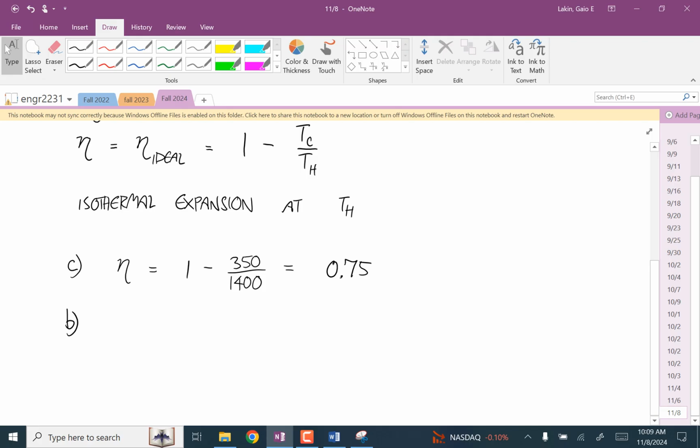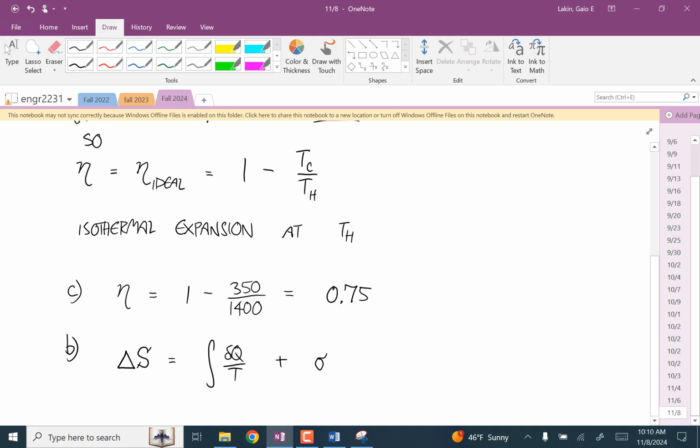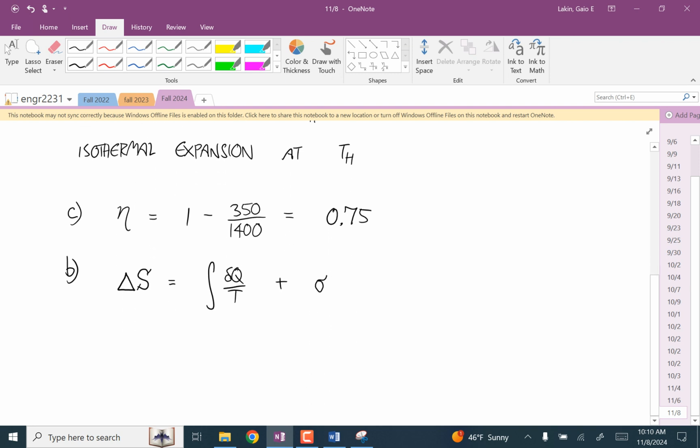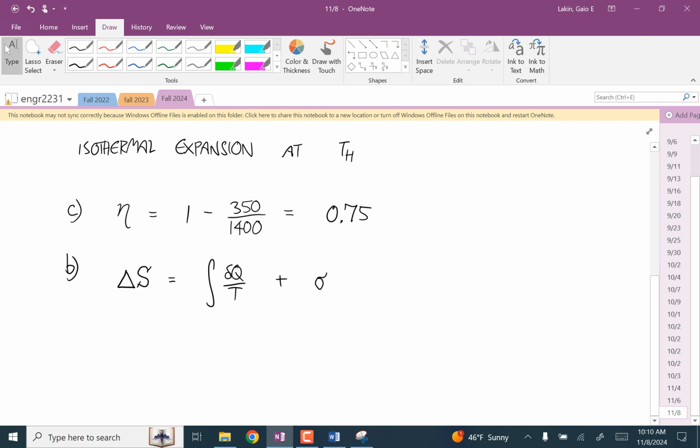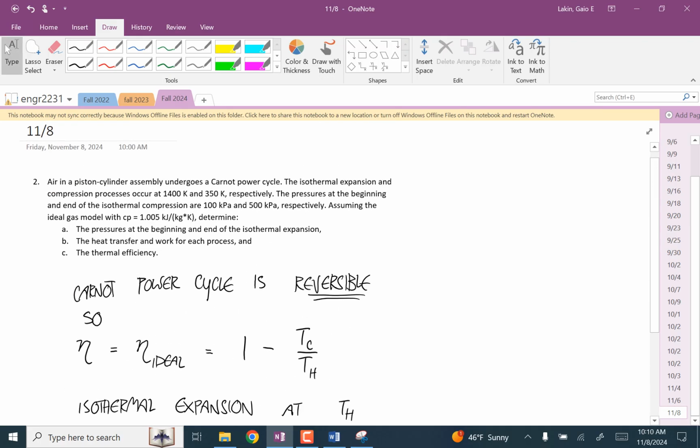We know that the change in entropy is equal to the integral of the amount of heat that's transferred divided by the temperature, plus the produced entropy. And so for the isothermal expansion,